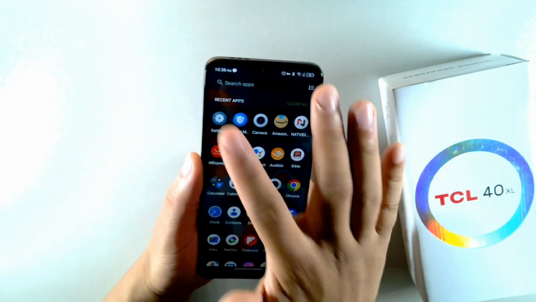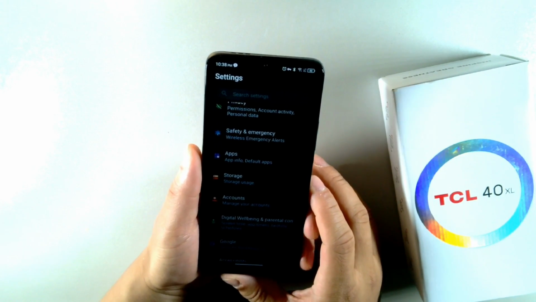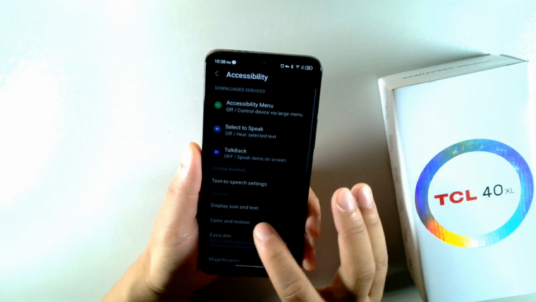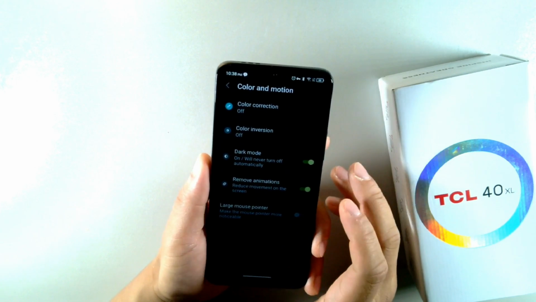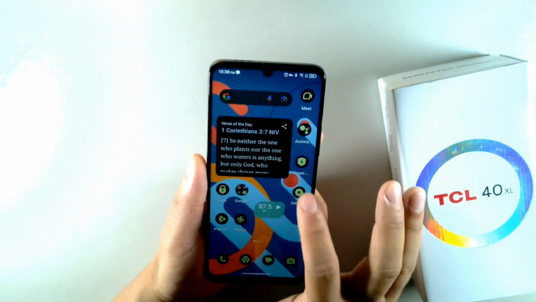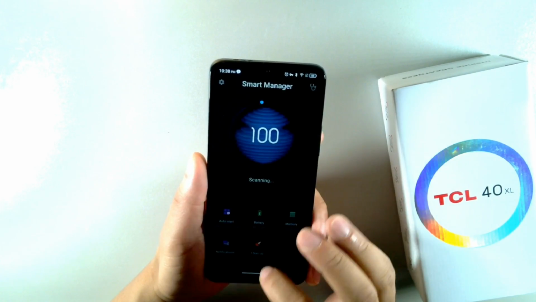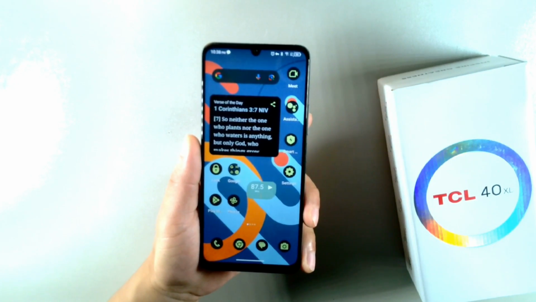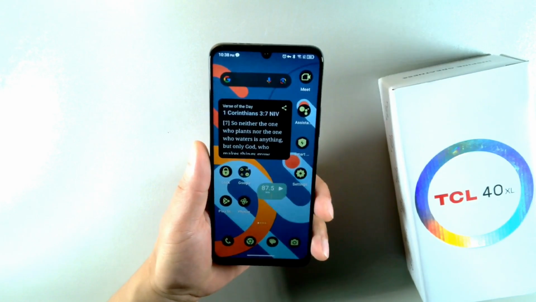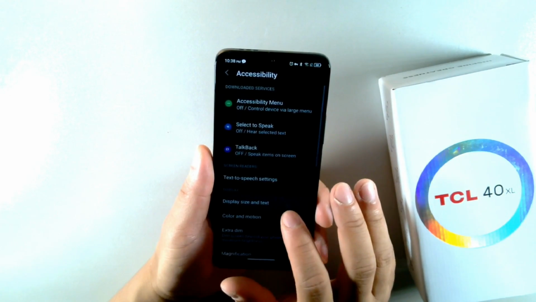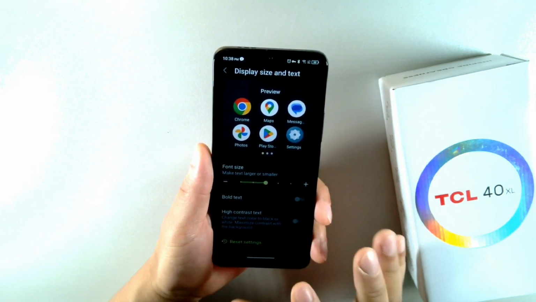Go back in there though, and I want to show you something real quick for color and motion. You could remove animations as well. So go back into accessibility, go into color and motion. Removing the animations will make the phone feel a lot quicker actually. It's gonna feel a lot zippier because everything is just gonna open up immediately. So I think that might be a nice quick fix to make your phone more responsive to the touch. Okay, now you can go back into accessibility. Now let me make this smaller because I think it's a little bit too big, but I think right here